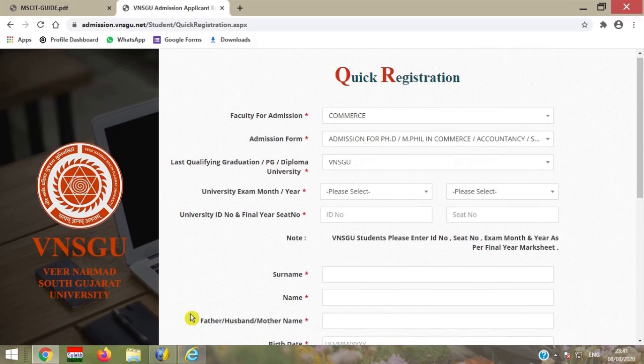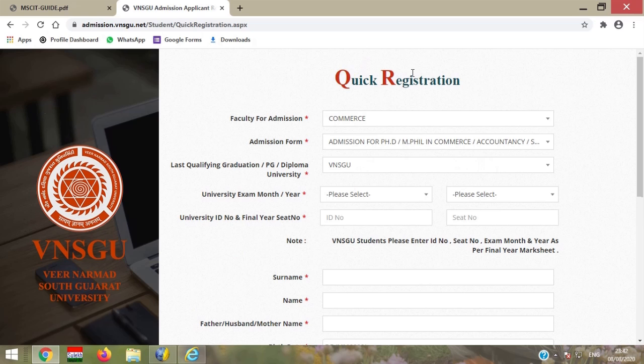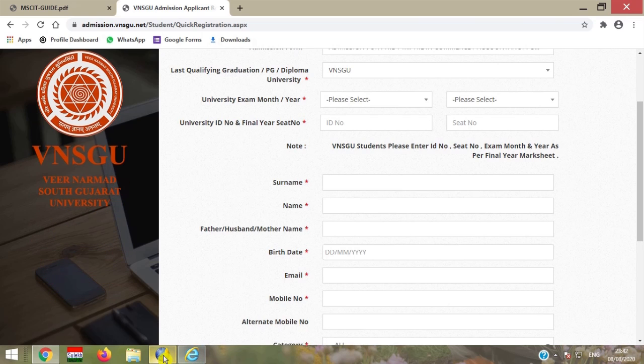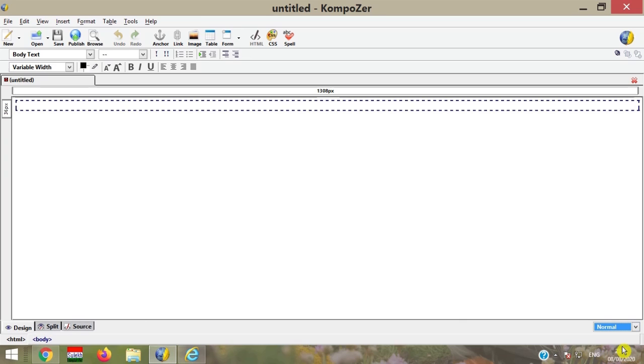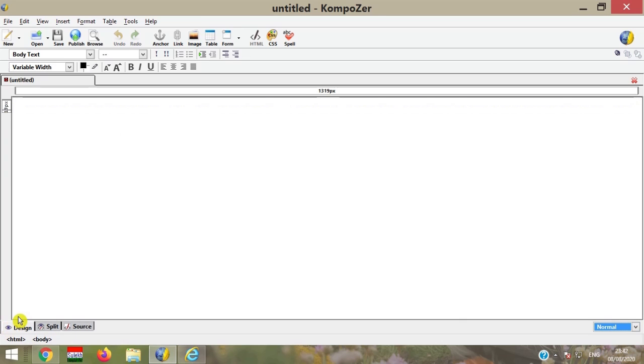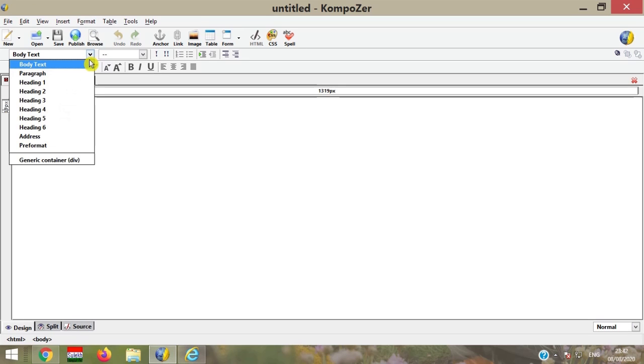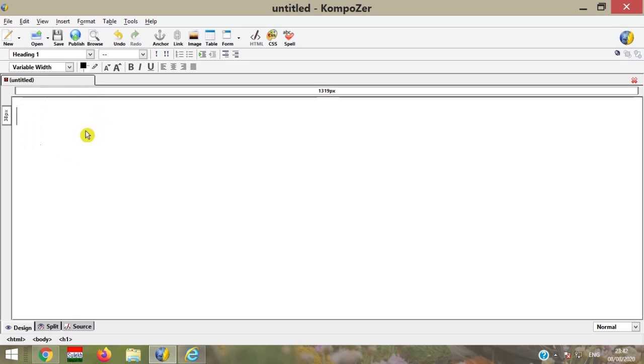So let's start. We are using the heading Quick Registration Form. For that, first of all, we have to select the normal mode, here the design. Now first, select from the formatting toolbar Heading 1, and then write Quick Registration.